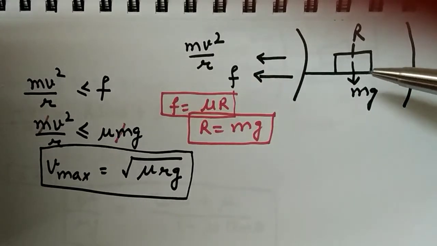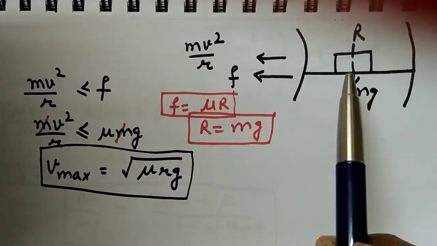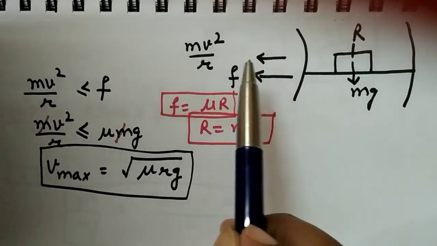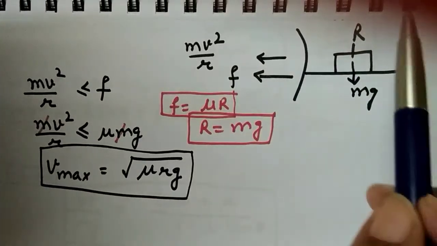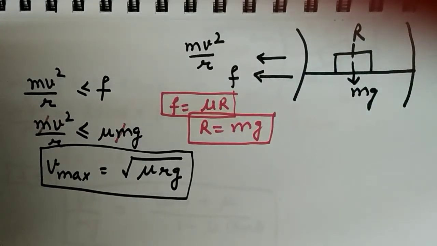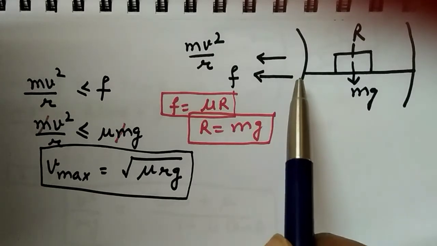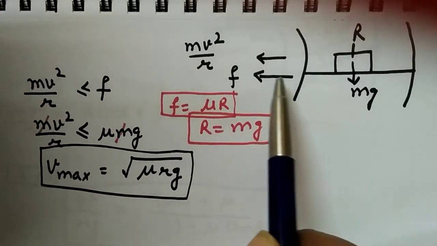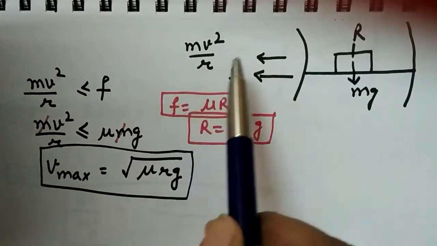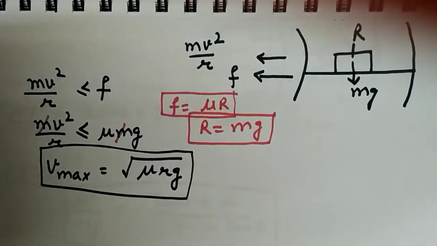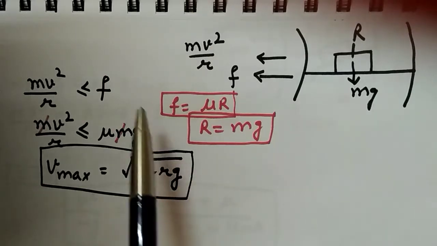In that case, weight of the car will be downwards, mg, reaction component will be upwards, and since it is getting pulled towards the center while taking the curve path, as I have explained to you 2 times earlier, here also frictional force is acting in the same direction as that of your centripetal force. But for the car not to skid and fall from the flyover, what should be the condition?